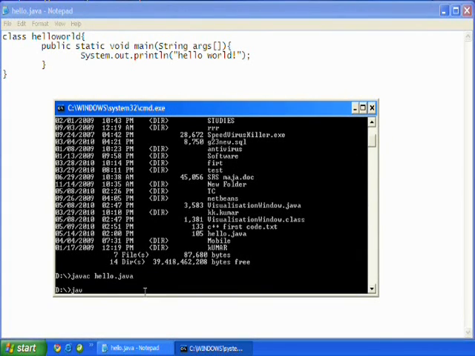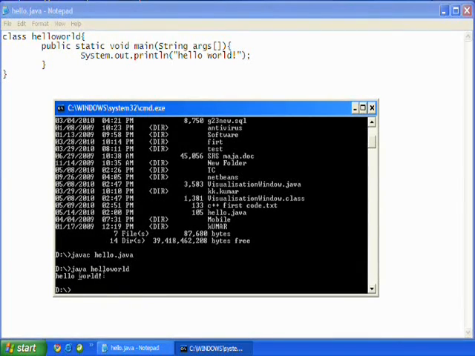If there is no error, you can straightly run the program by giving class name as java HelloWorld. Finally, you will get the output as Hello World.